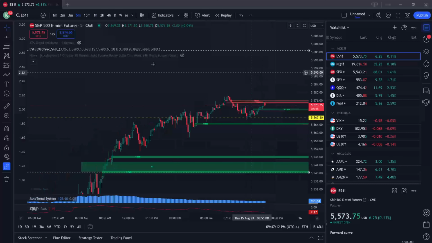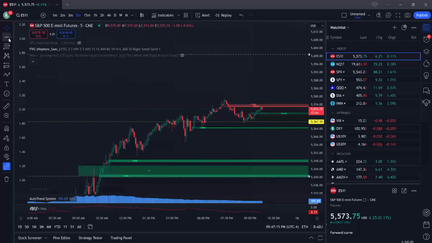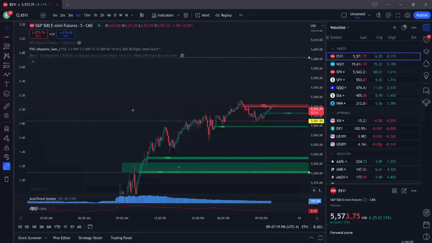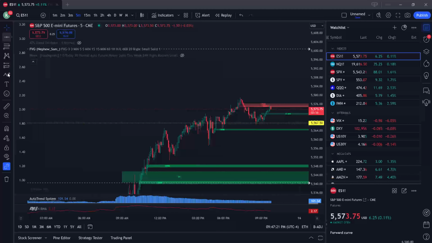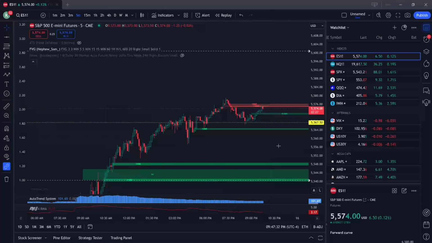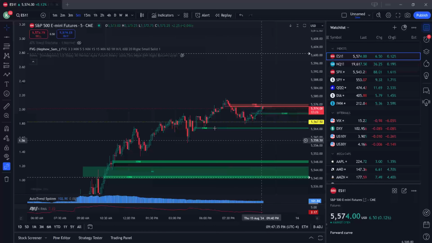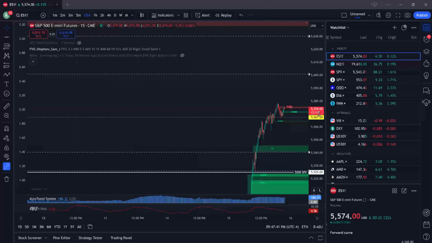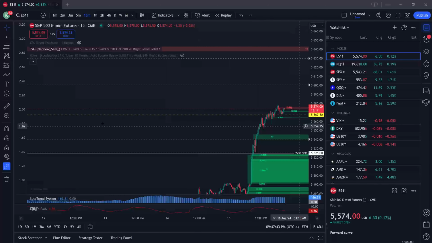But long story short, I'm looking at whether this is a bullish market, bearish market, etc. And where do I want my profit targets to be? Where do I want my entries to be? I take entries for longs on pullbacks. It is an absolute requirement. That's trading 101. Don't chase. But I'm looking for 15-minute swing highs. And for us, it's a little tougher. We have to go way, way, way left.